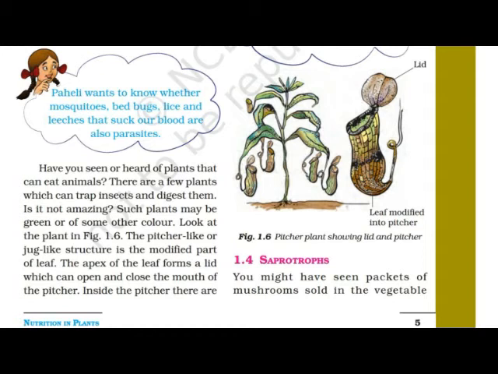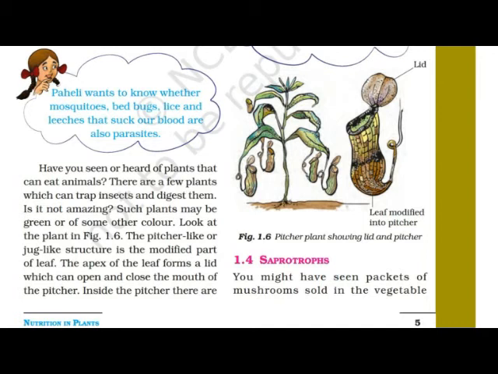Here you can frame the question. Which question? What is meant by insectivorous plant? Define insectivorous plant. Give examples of insectivorous plants. Many more questions we can prepare. Remember always, whenever we talk about question and answer, a question can be prepared when we know the answer. If you know the answer, you can easily frame the question.